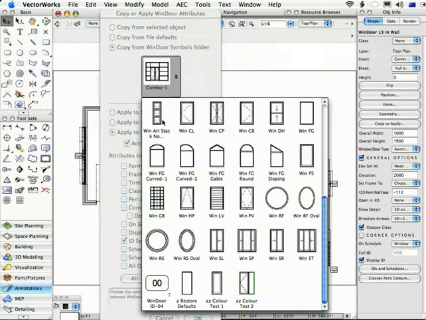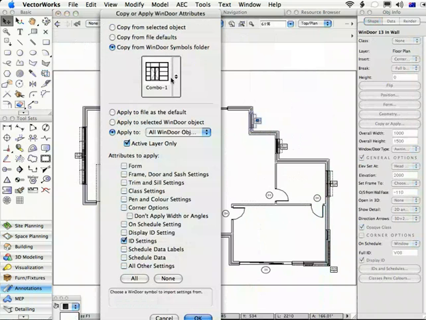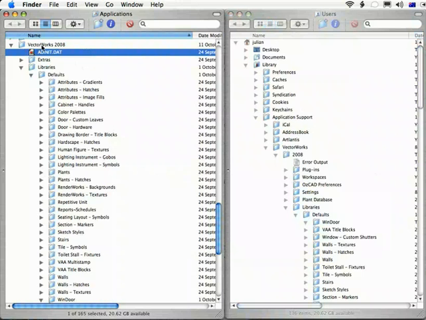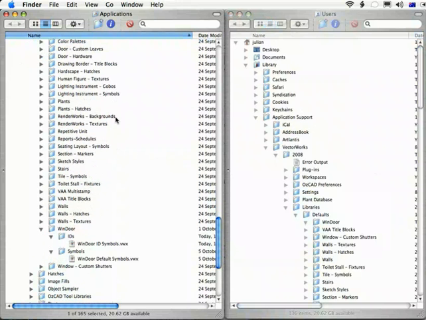Let's take a look then at where these symbols are coming from. They're part of the default content system, and if we switch to the Finder, there's 2 places where you can look for them. Actually, there's more than 2, but we'll talk about all of the places. The default location is in the Vectorworks 2008 folder. In there is a folder called Libraries, in there is a folder called Defaults, and further down is a folder called WinDoor. And if you're just going to use these without editing them or anything like that, you can leave